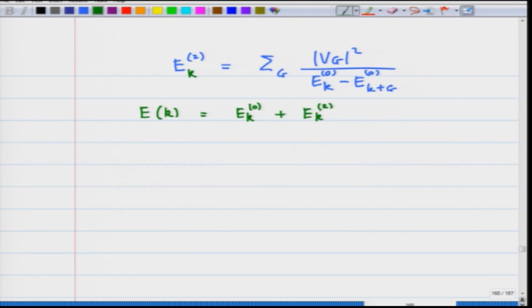Remember, the first order is already taken to be 0, because that was just the background constant shift of the potential. Now, when I plot the total energy E k,